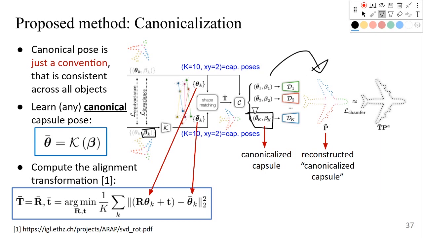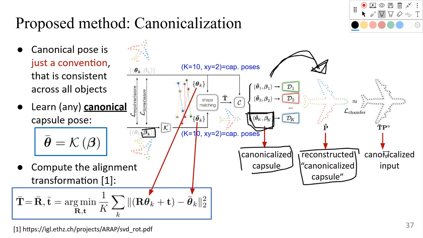Note that the feature that we use is already in the canonical pose, so we expect that the reconstructed output should also be in the canonical pose. This one is the canonical feature, and this is the reconstructed shape in the canonical pose. Then this is the canonical input, so we apply this P_A here. P_A is this,